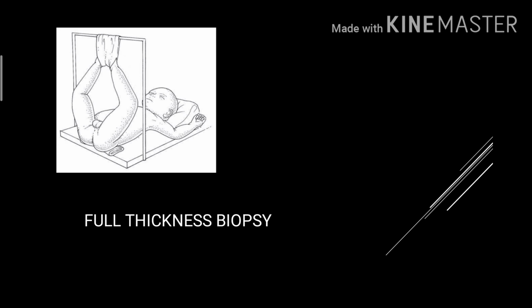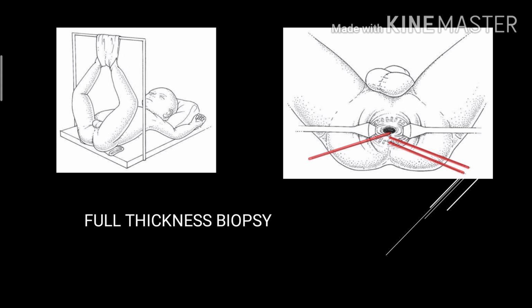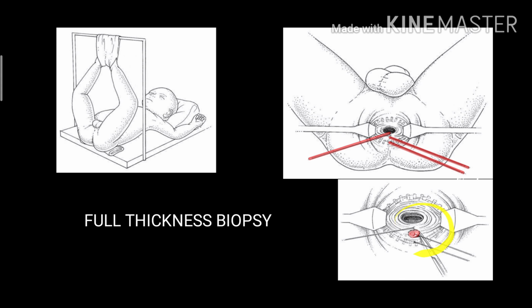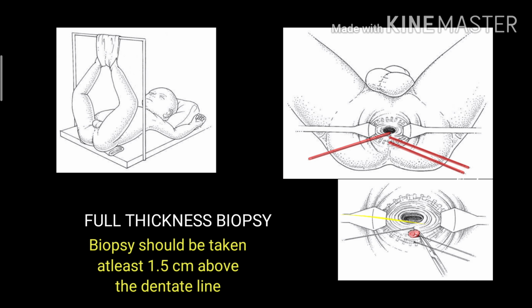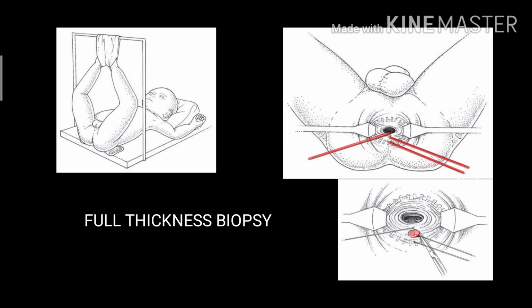But diagnosing HD is not always very easy with the suction biopsy. So sometimes a full thickness biopsy may be required. A patient is positioned like this, sutures can be taken like this, and a circular biopsy with a full thickness is taken and the ensuing defect is closed. With the normal staining techniques, full thickness biopsy can help the pathologist. But sometimes even with that, we may not be able to make a definitive diagnosis.